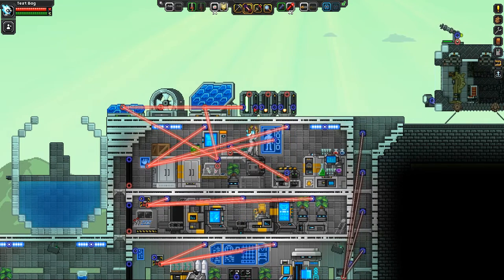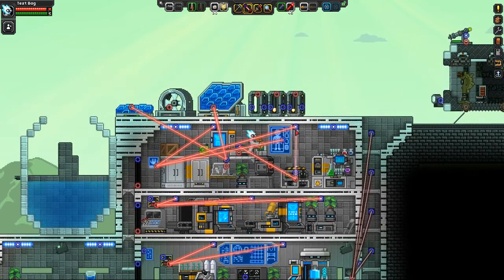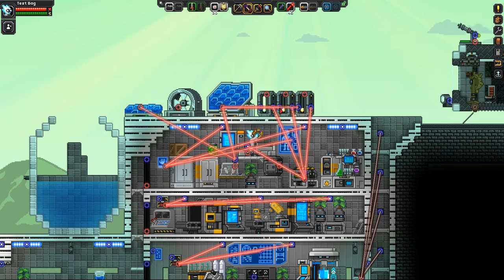Okay, let's just start over. This is so confusing, guys. Okay, generator. On that last output. And then on each of these outputs... Oh, I did that. Solar panel. And...